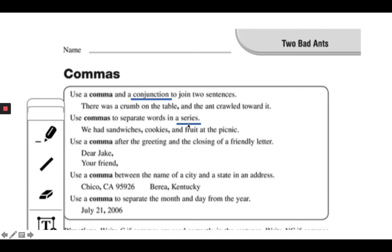You can also use commas to separate words in a series. We just talked about series. Here is the example: We had sandwiches, cookies, and fruit at the picnic. So the series is sandwiches, cookies, fruit. We have commas in between those. We use a comma after the greeting and the closing of a friendly letter. Again, Dear Jake, and Your friend,